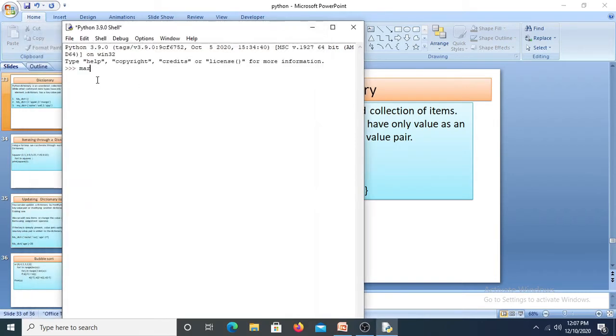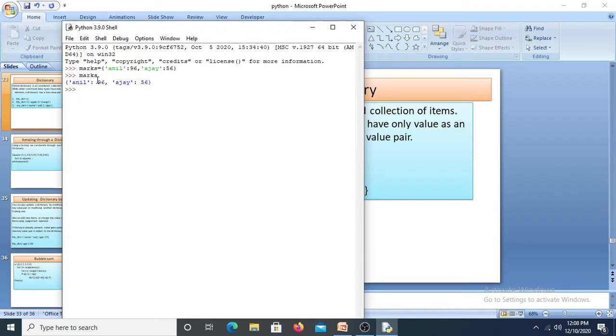Marks is equal to, since it is a dictionary, we use flower brackets. I want to store the marks of Anil, who secured 96. The next value will be Ajay, who secured maybe 56. So when I call marks, it will display the marks of the students, right?